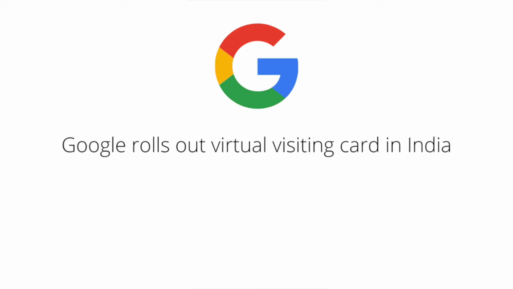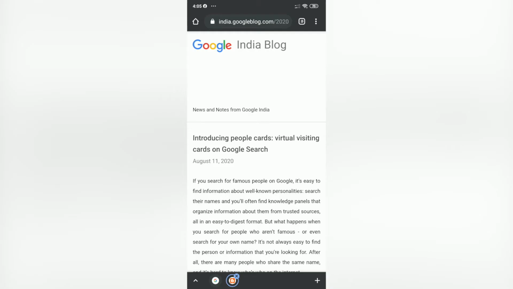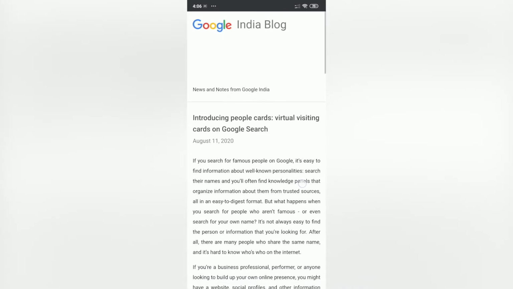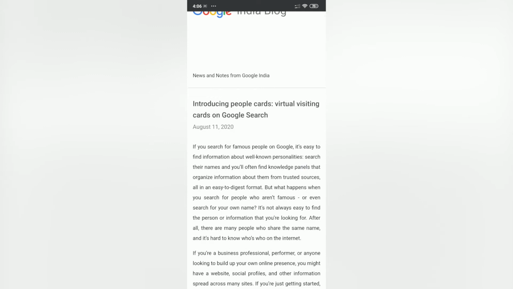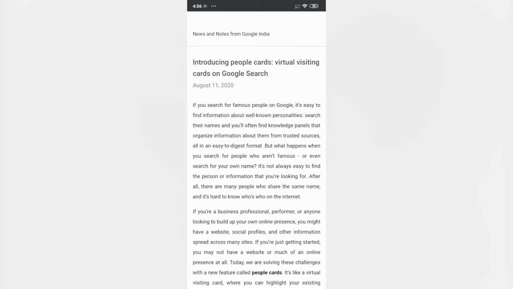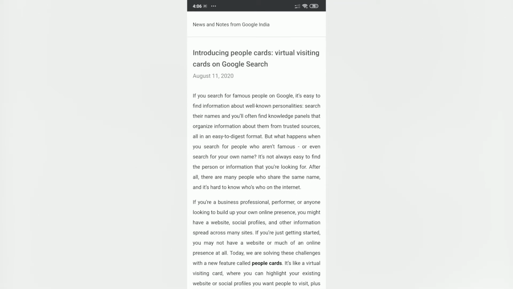Hi, today it is 11th of August 2020, and Google has come up with a new update, and Google has named this as People's Card. So it is a virtual visiting card option that would be available to all people at the moment in India. This update is currently being rolled out for India only, and it is likely to be rolled out globally sooner or later. So what this update is all about, you can update your details, you can update your bio now on Google also. So whenever someone would be searching for your name, they would be able to access your information